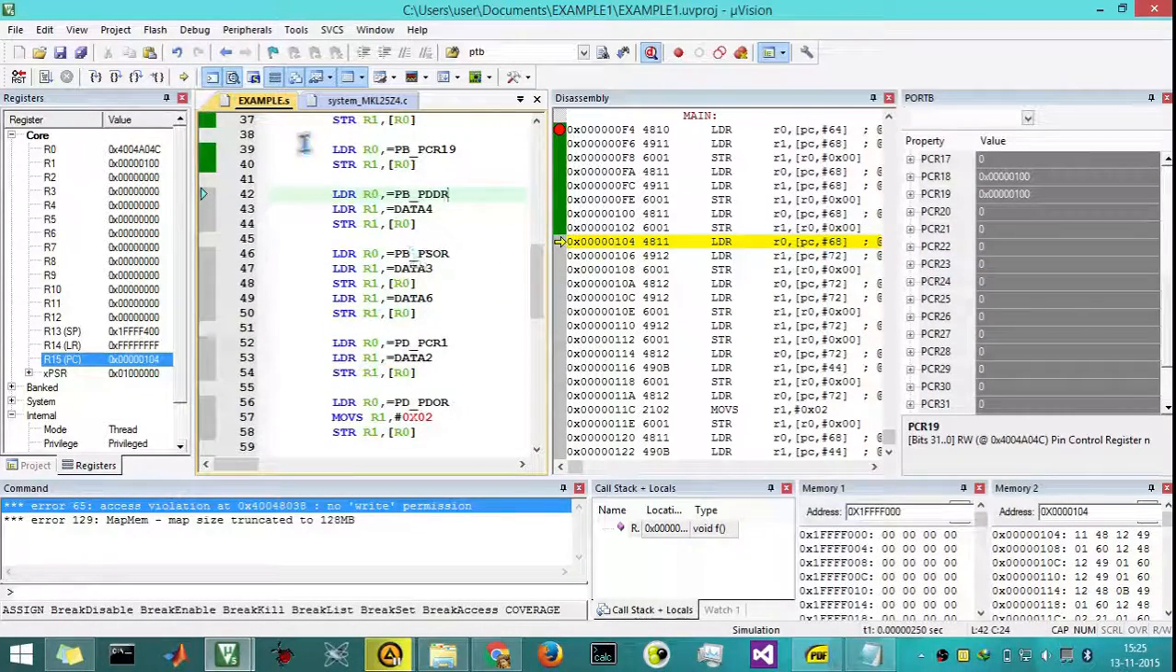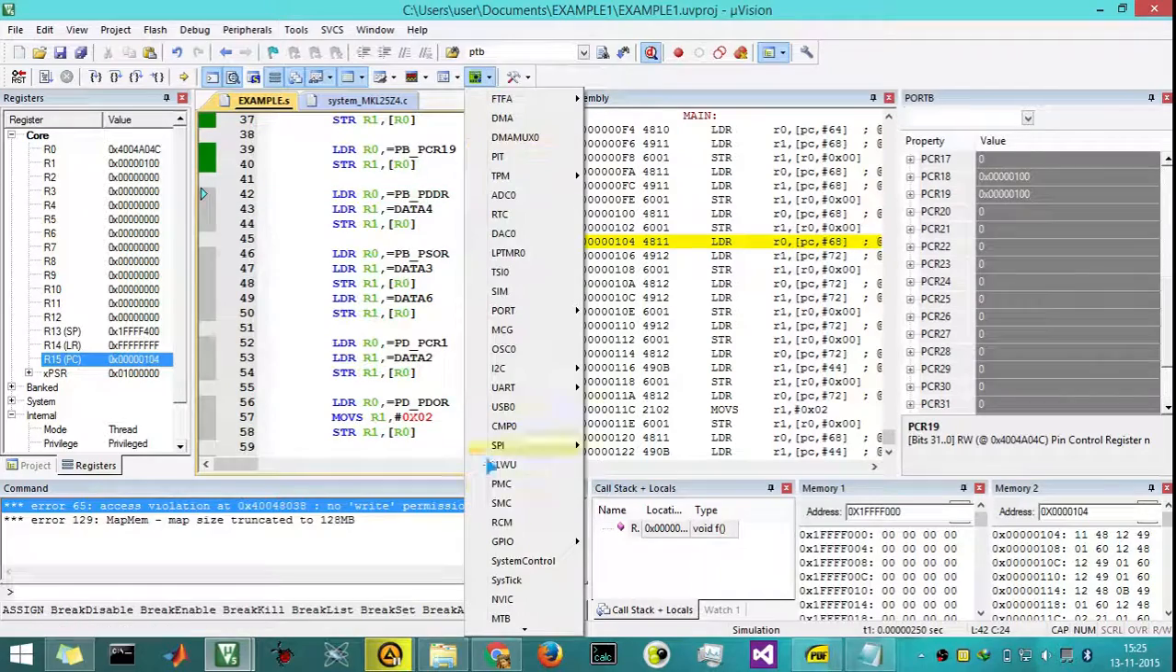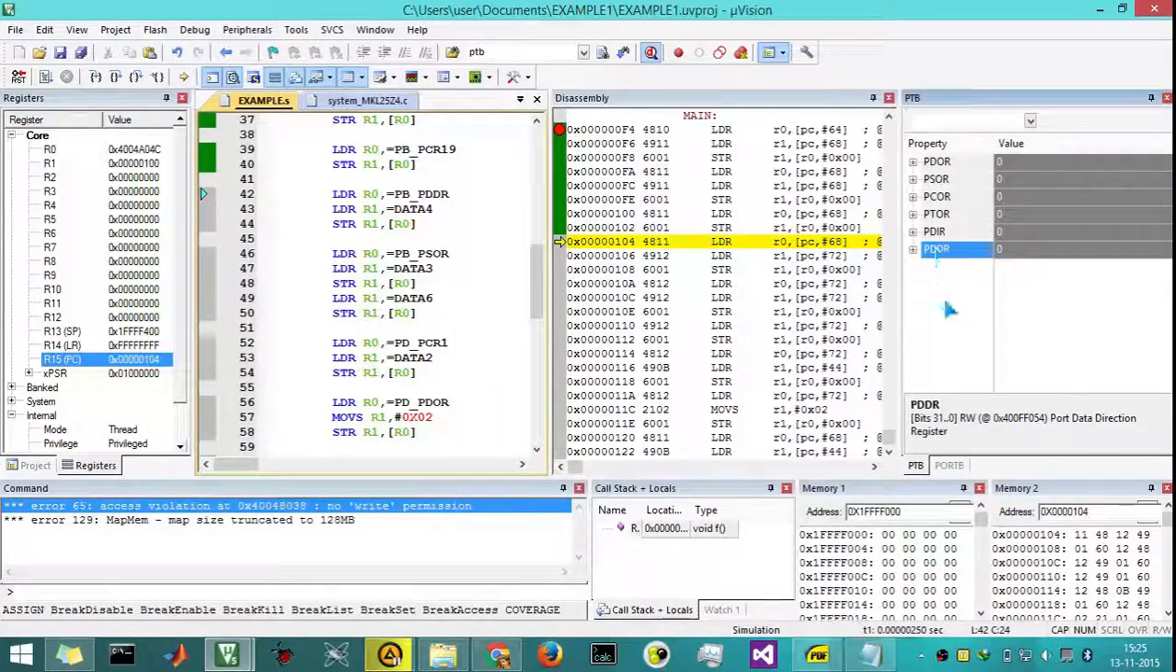For getting the PDDR we are going to see GPIO port B. PDDR is 000 initially. So it is all Fs. This will make all the port pins act as output. And PSOR,